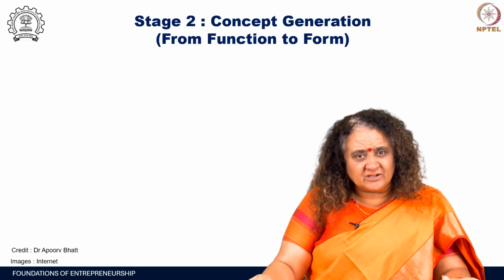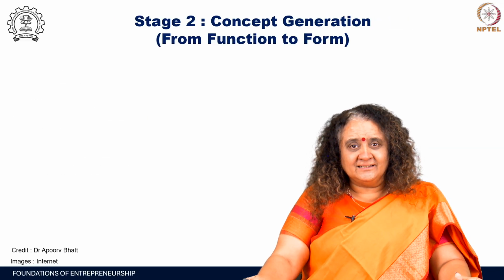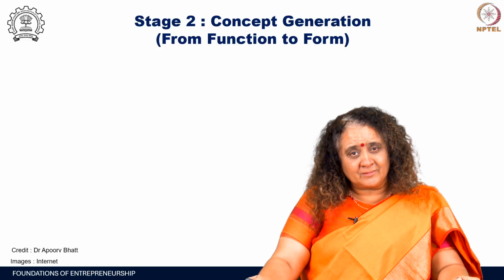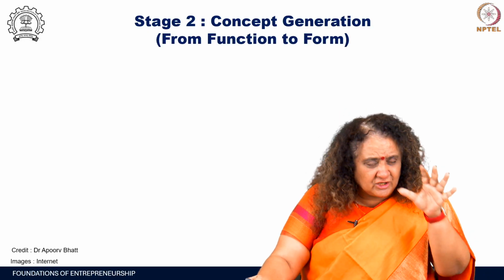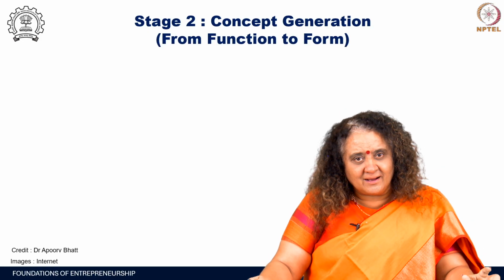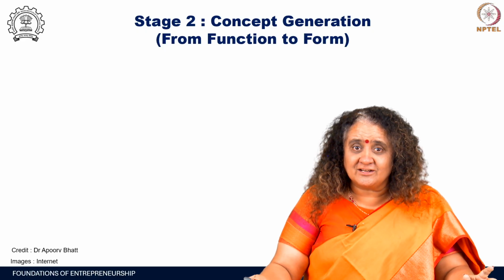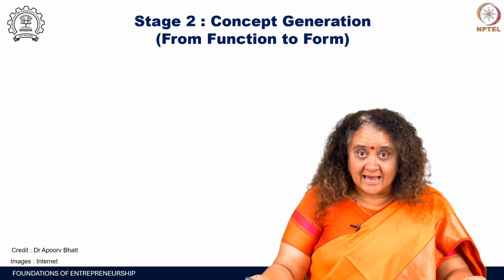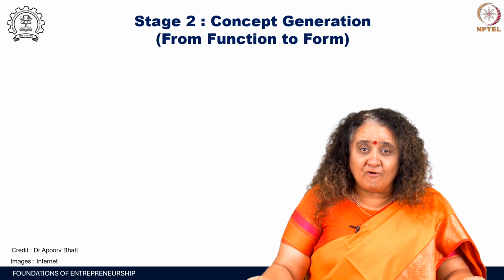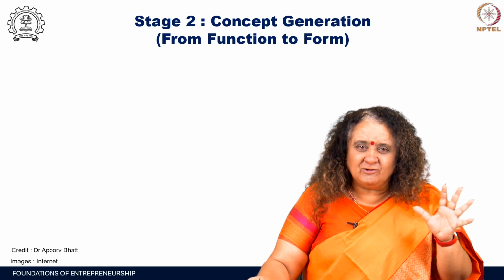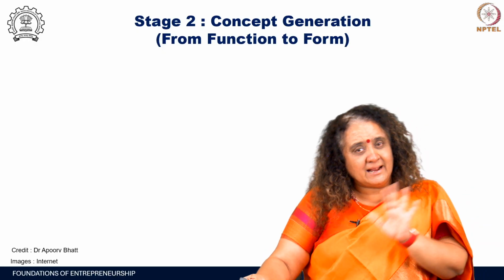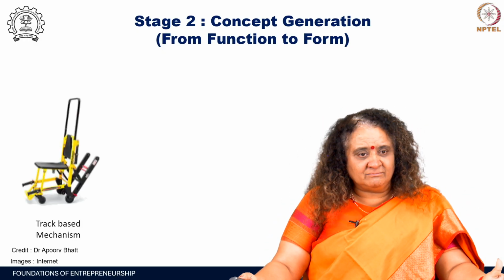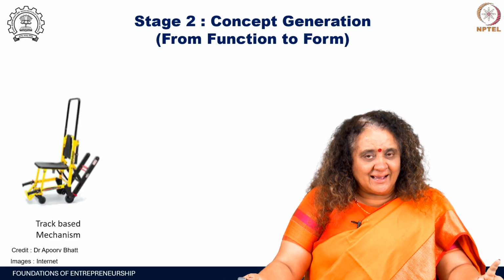So, concepts get generated, and here is an example we will show you of concepts which got generated for a particular problem. We will show you the problem last. Let me first show you the concepts that got generated, and you will realize that they have both functionality and form, which is design, which is how does it work, and how does it look. So, here is a first example, which is a chair,